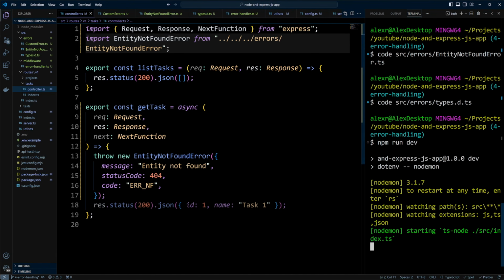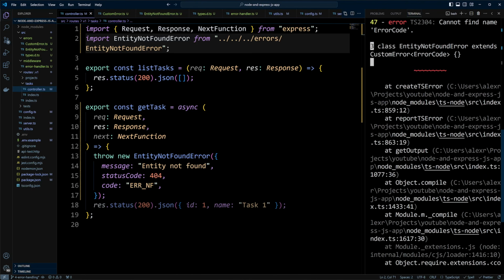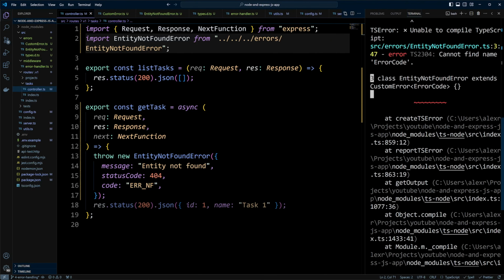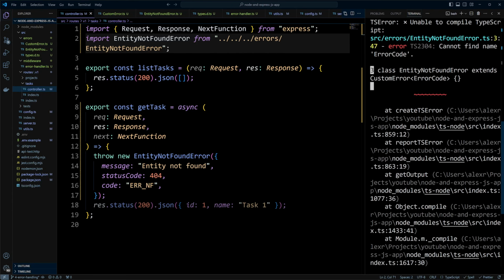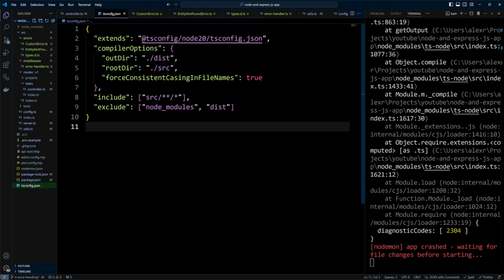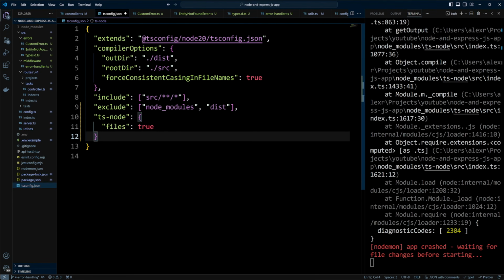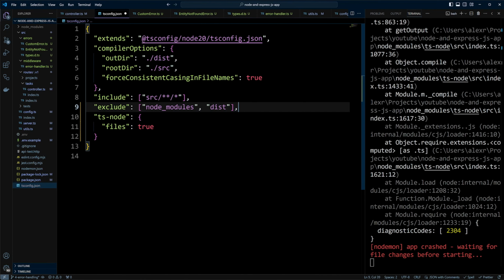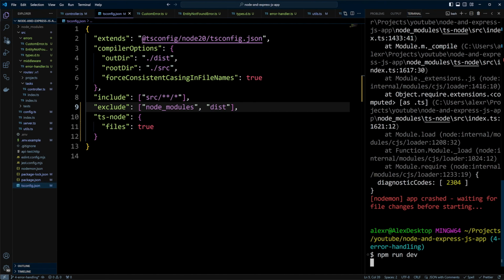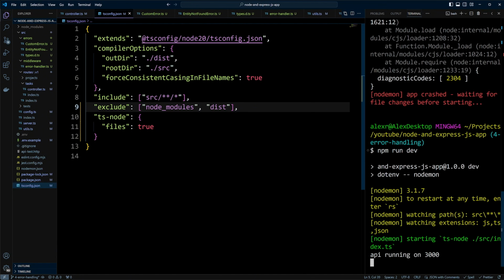After running npm run dev, we encounter a TypeScript error. This indicates that our types definition file in the errors folder isn't being recognized by ts-node. To resolve this issue, we need to make an adjustment to our tsconfig.json file. We add ts-node files: true to our tsconfig.json. After saving these changes and restarting the server, our setup should be functioning correctly. The API is now running on port 3000. Let's test it